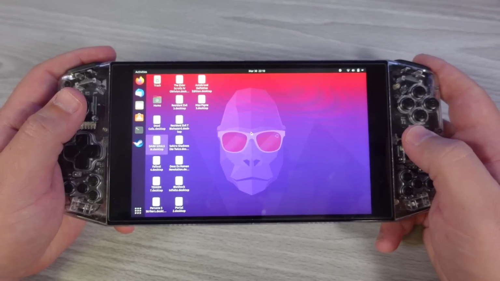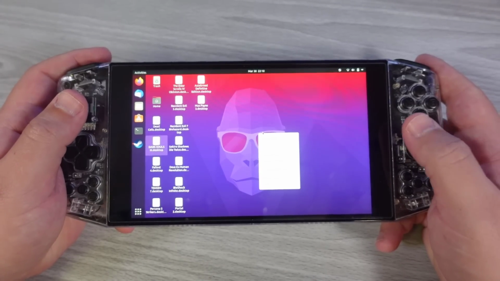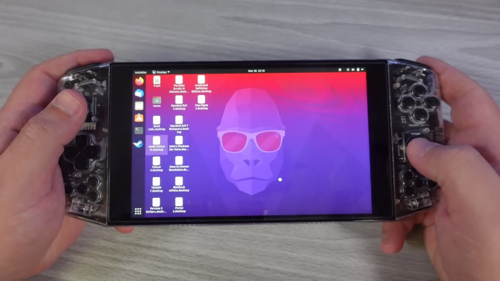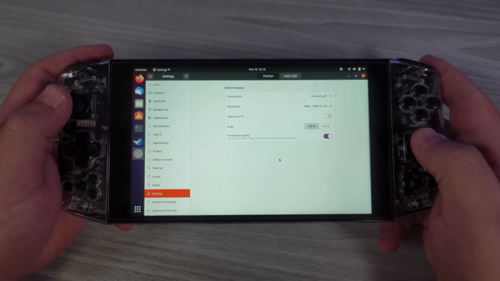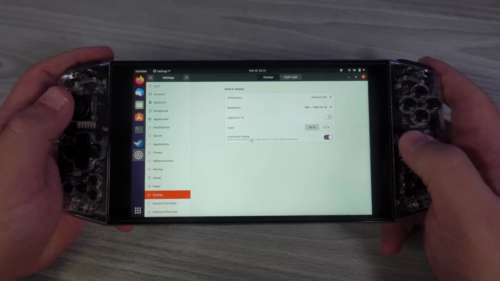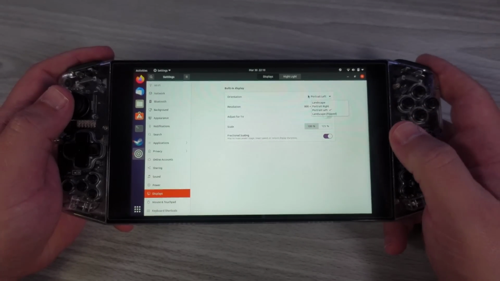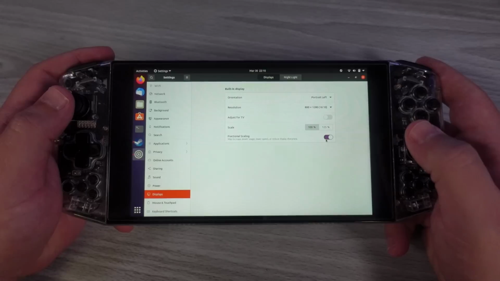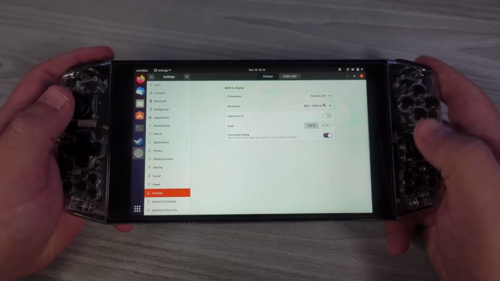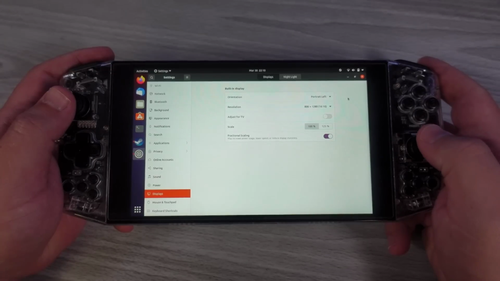This is the latest version of Ubuntu running on the Neo. For the most part, everything was pretty simple to get set up. Once you're in, you're going to have a portrait-based display, so you will have to change that. For orientation, this will be all blanked out, so you do have to select fractional scaling, and then you'll be able to rotate the display, and then you can do portrait left, at which point everything kind of scales correctly